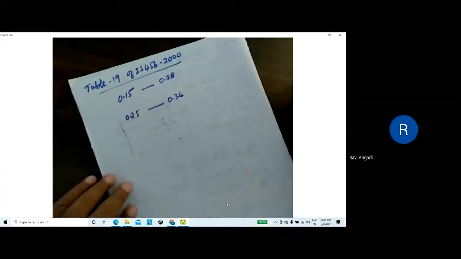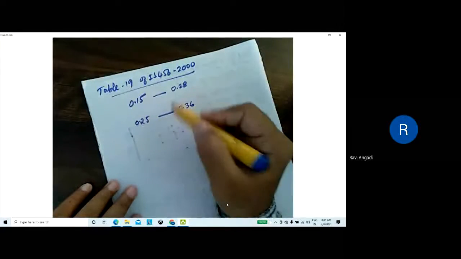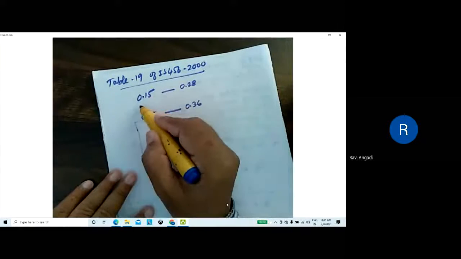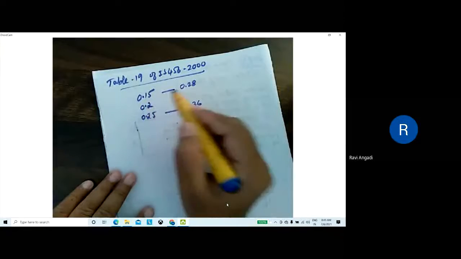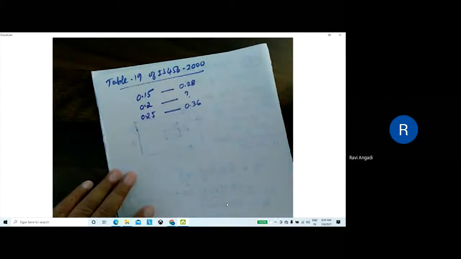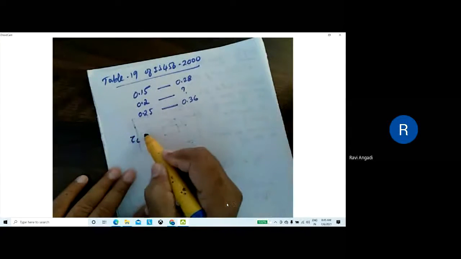So I hope it's visible to you all, right? Calculate this, interpolate and tell me the answer. What is the tau c value we get?